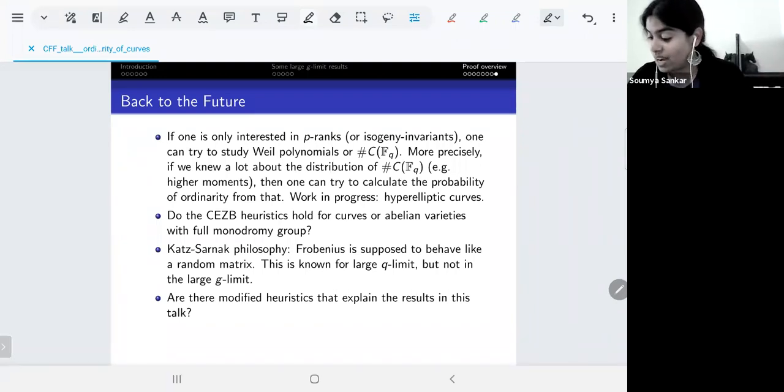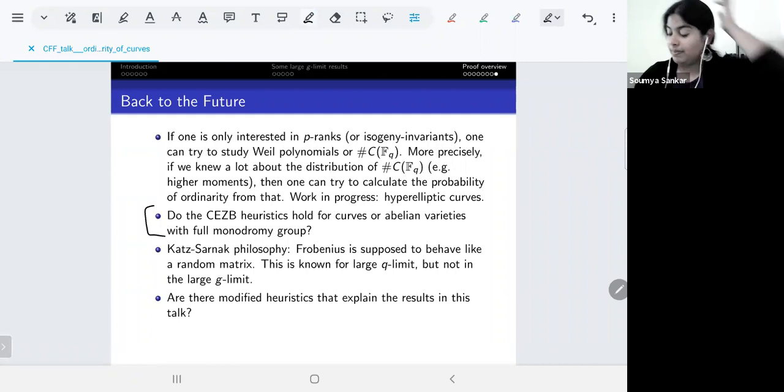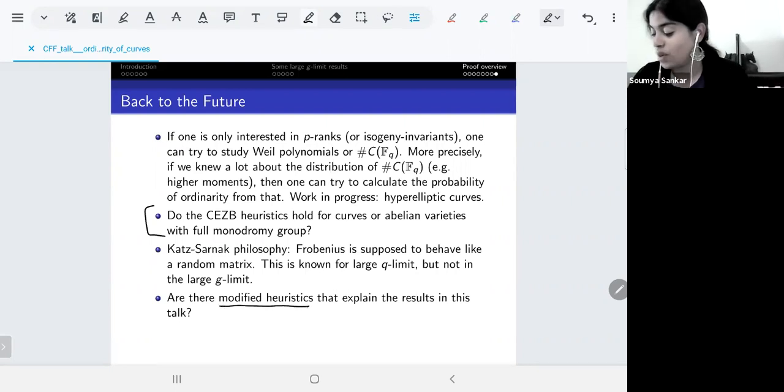And of course, you can also ask, which is tied into the second bullet point, is being asymptotically good related to having a large monodromy group, or is it related to being part of an irreducible locus? Okay, I went off on a bit of a tangent there, but essentially, to ask for modified heuristics, as I said earlier, it doesn't seem like in characteristic 2 that unitary group statistics match up with what you get for superelliptic curves in characteristic 2. But again, as I said earlier, I don't know if this is a low characteristic issue.